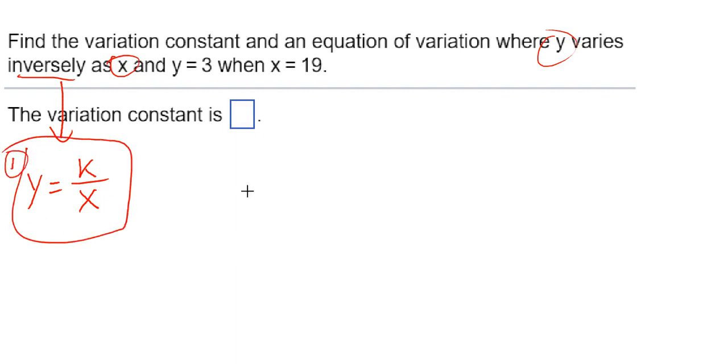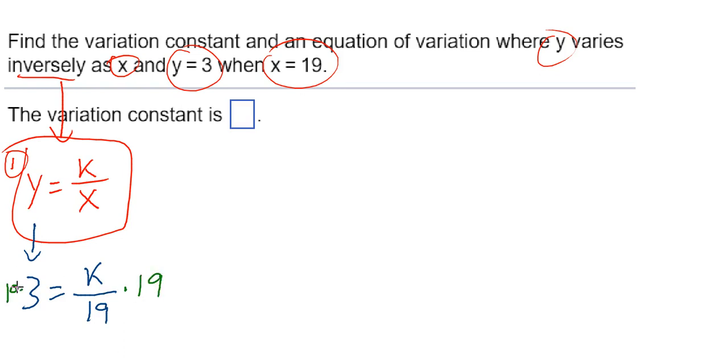So this is my answer for level 1. This is the formula. Level 2, we'll plug in 3 for y, 19 for x. And I know those don't seem like very compatible numbers, but in this problem it works out just fine. The number will be a little bit big, but not too bad. So we're going to plug in 3 for y. We're going to plug in 19 for x. And then we're going to solve for k. And we'll do that by multiplying 19 to both sides of the equation to get k by itself, right? I'll cancel out the 19s. We'll get k is equal to